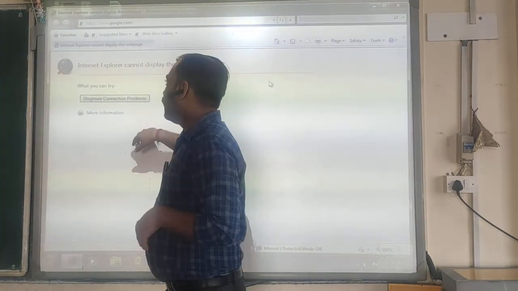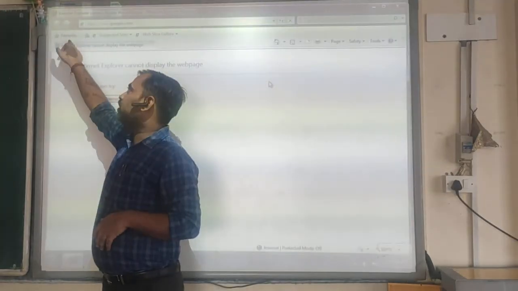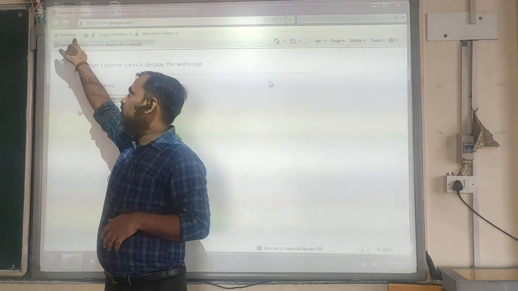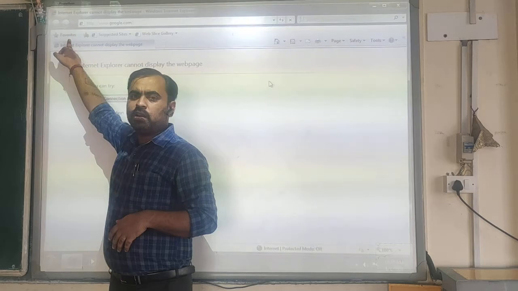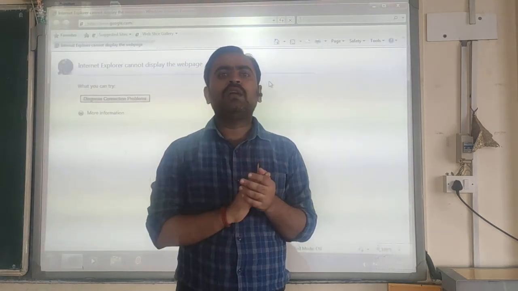There is an option on the left hand side, just below the back and forward buttons, called favorite. You can click on this favorite option, and there you will get the option called add as favorite.